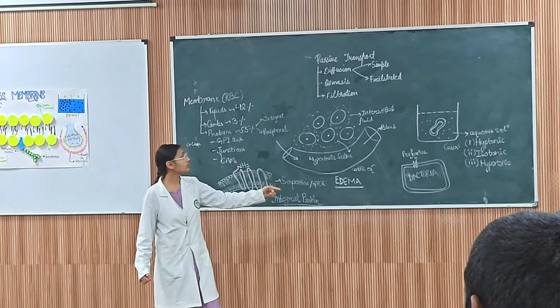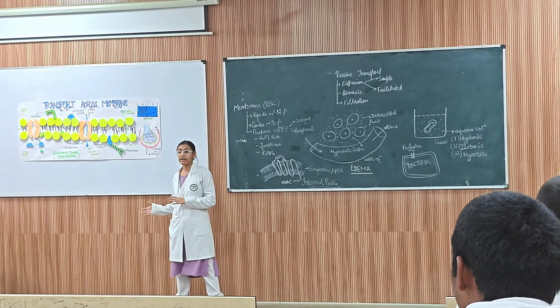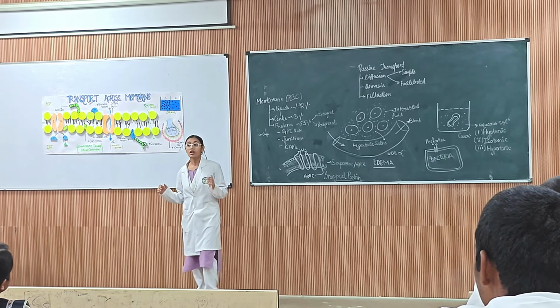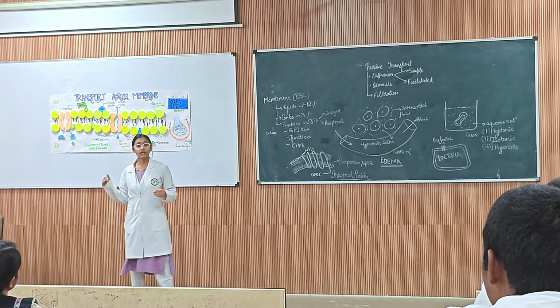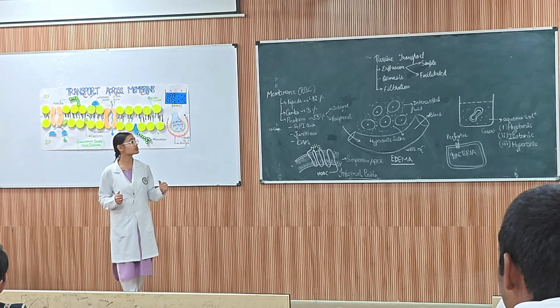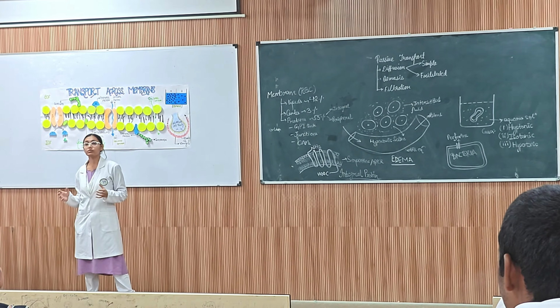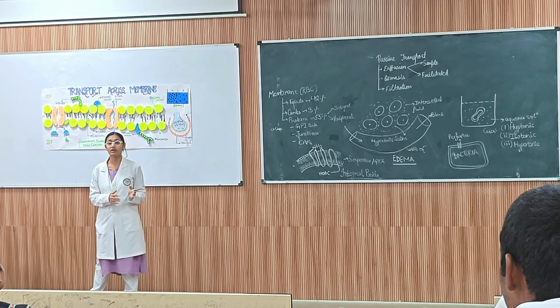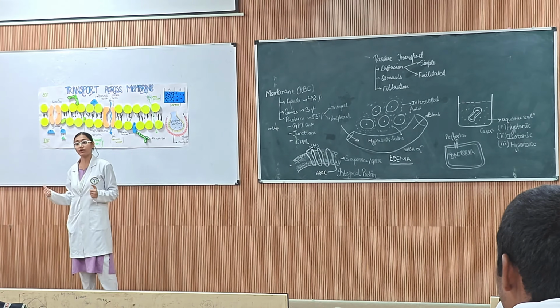In case of isotonic, the concentration outside and inside the cell is equalized. The movement will still be there, both into the cell and out of the cell, but there will be no net movement. And that is also how RBCs are stabilized in the plasma, because the plasma concentration is also 0.9%